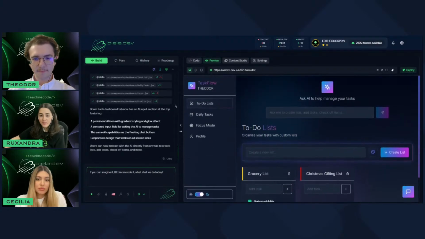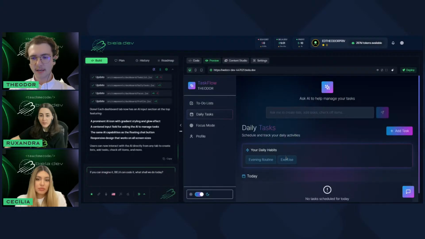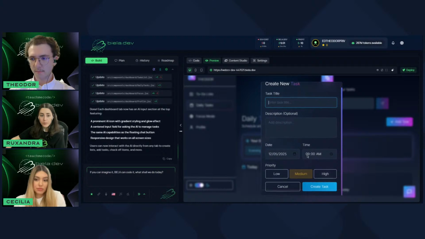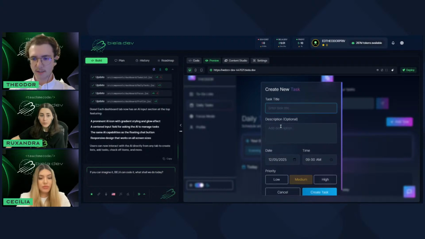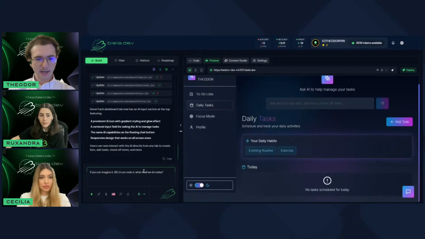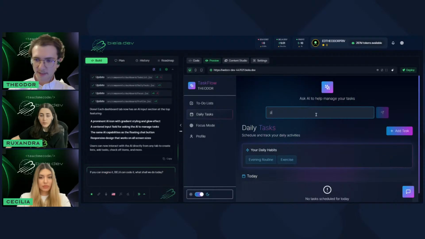Nice. Okay. I also want to go into the daily tasks here, and I'm not sure if this works here, but we're going to try it out. So let's see first how the task adding modal and process works. You need a title, description is optional, a date, a time, and a priority, and that's about it. So with that, as I said, I was about to write in Biela, but no. Let's write here. Please add a task called